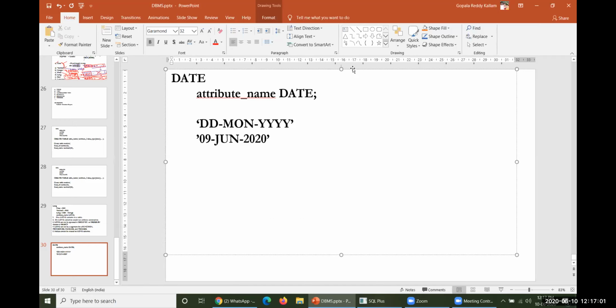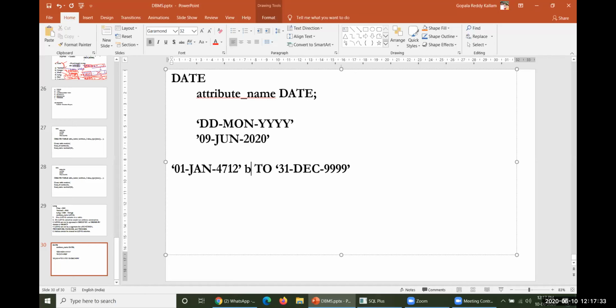And what is the default date range which could be accepted? What is the minimum range and what is the maximum range? The minimum is 01 January 4712 BC, and the maximum is 31 December 9999.